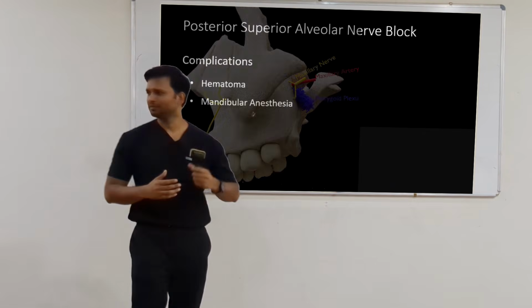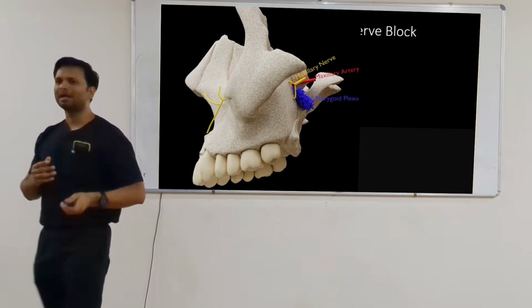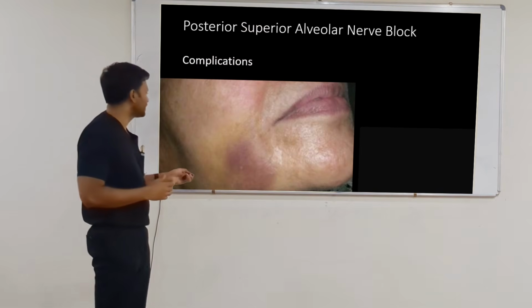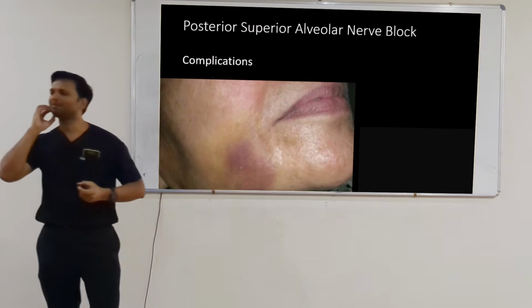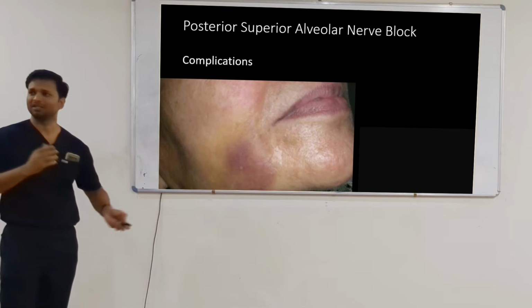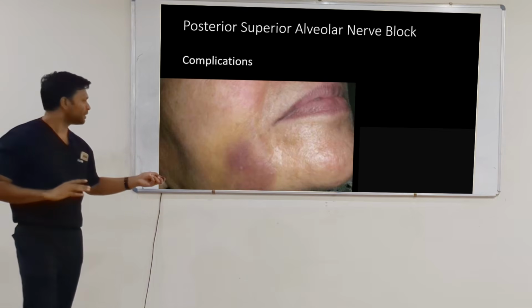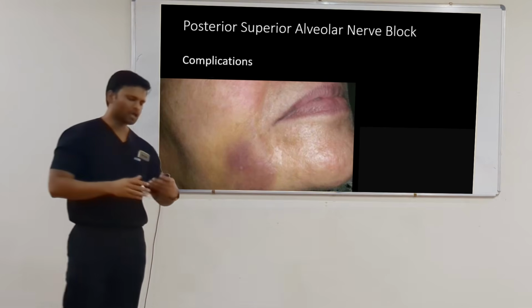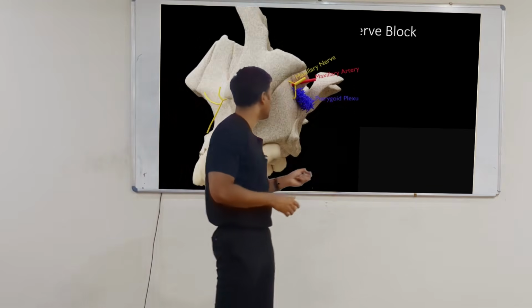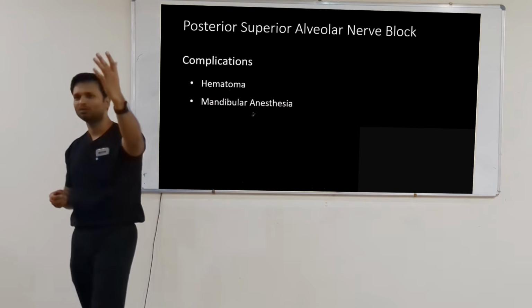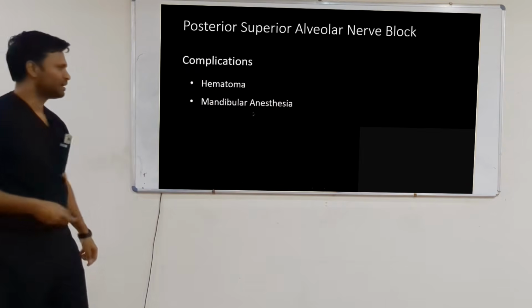Complications, hematoma. As I told you, we might damage the maxillary artery or pterygoid plexus of veins, and that can lead to hematoma that might appear in the inferior border of the mandible region. Just the discoloration. Swelling intraorally दिखेगी, but the discoloration might be seen in this region. Okay. Now, how do we manage this? अगर complication हो भी गया, hematoma हो गया है, अब patient को तो नहीं बोल सकते जाओ. You have to do something.